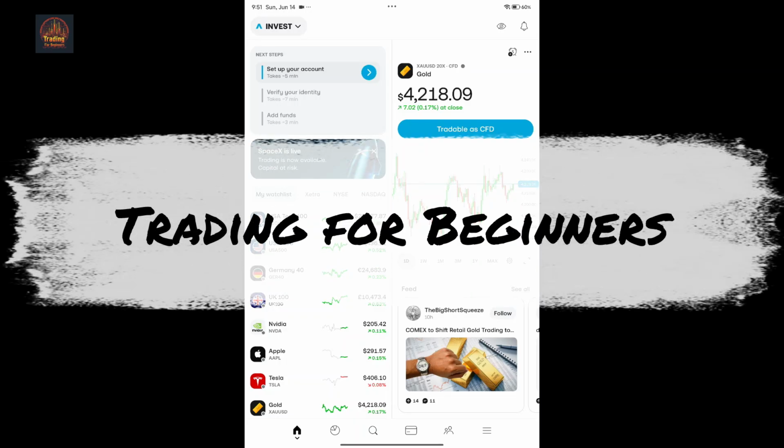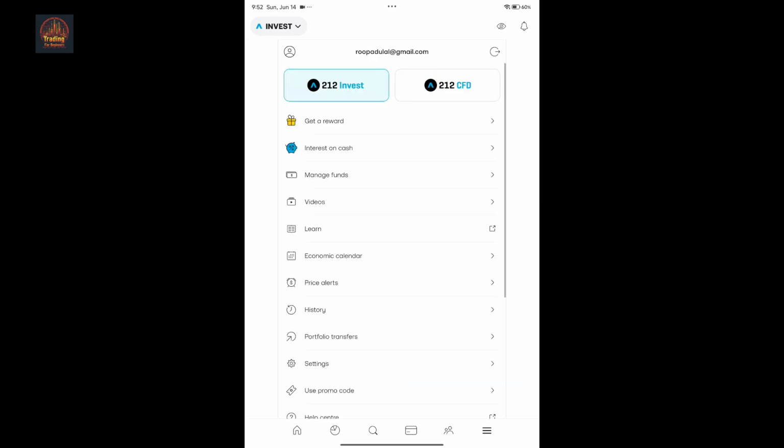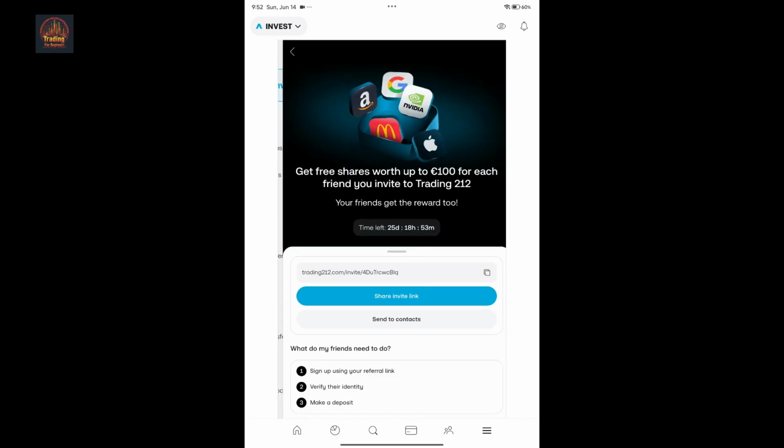If you're looking for a way to invite your friends in Trading 212, then here is how you do it. First of all, open up the Trading 212 app and make sure you're logged into your account. Once you're logged in, go ahead and tap on the menu button at the bottom right corner from the home page. Once you do that, on the next page, tap on Get a Reward at the top and you'll see